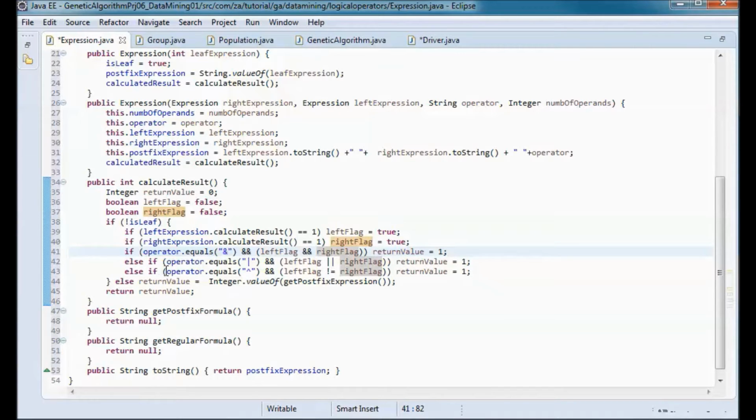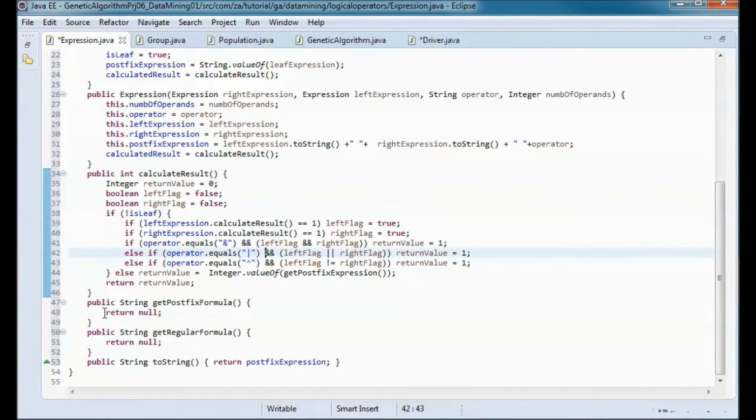Otherwise, if the operator is equal to OR and the left flag is true or the right flag is true, then we also return 1. Otherwise, the return value in both cases is 0. And also, if the operator is equal to exclusive OR and the left flag is different than the right flag, then we return 1. Also, otherwise, we return 0.